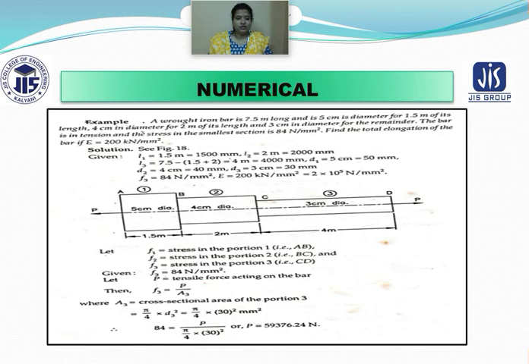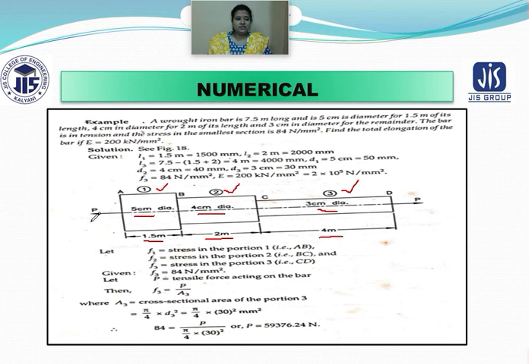So just have a look at the numerical. It has been told a wrought iron bar is of 7.5 meter long and 5 centimeter is the diameter. If you look from the free end, this 1.5 meter distance is having a diameter of 5 centimeter. Next 2 meter is having a diameter of 4 centimeter, and next 4 meter length it is having 3 centimeter dia. So you can see this is section 1, this is section 2, and this is your section 3,